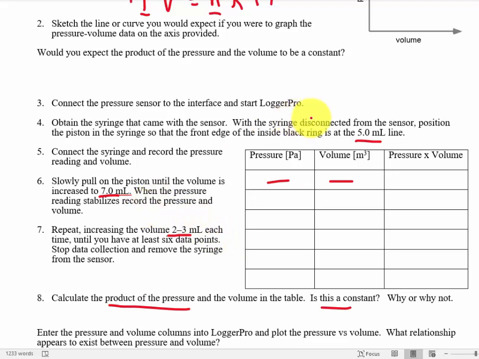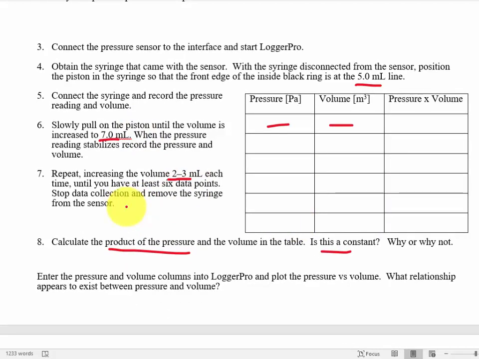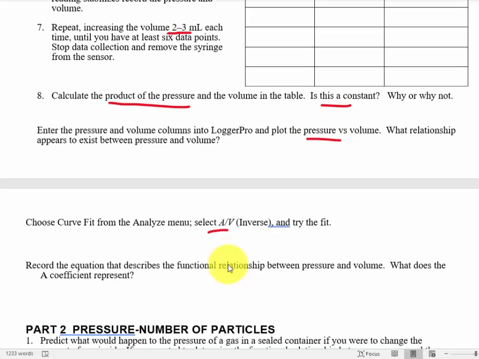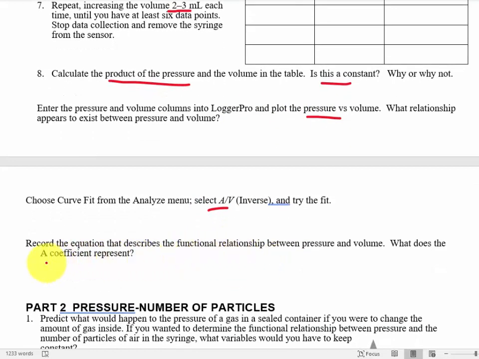So you want to go from 5 milliliters to 7 to 9 to 10 and so on and so forth. So you want to do that as quickly as possible. If you want a few more data points, you could also push it down to like 3 milliliters and it would work just fine. What you're then going to do is put these into Logger Pro, and you're going to do an inverse fit and just record the pressure, or record the coefficient,